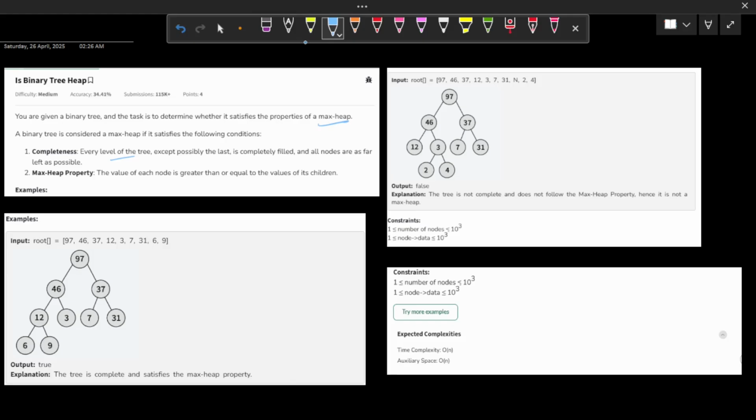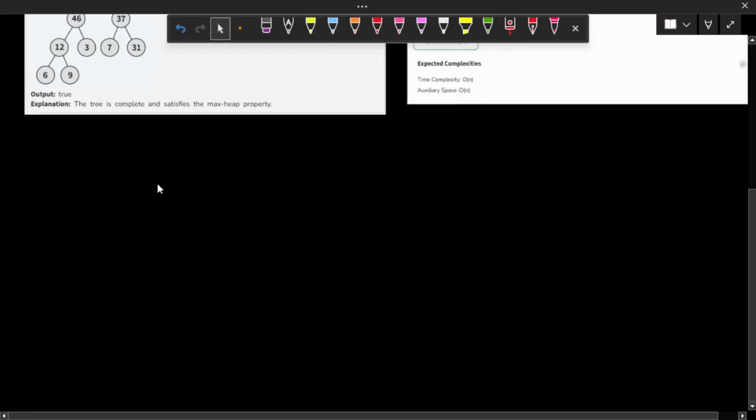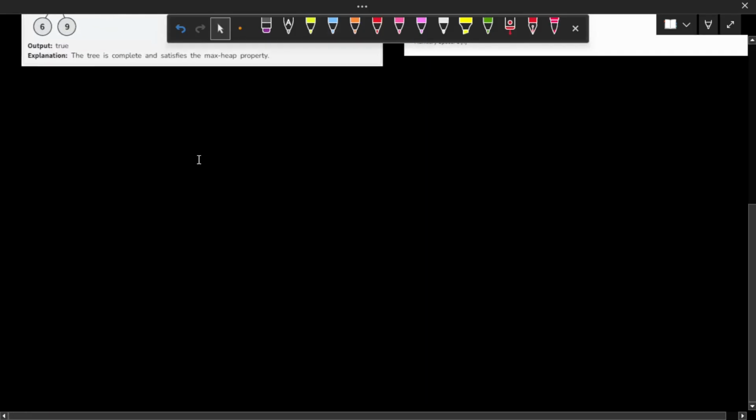Every level of the tree except possibly the last is completely filled and all the nodes are as far left as possible. Okay, it might look confusing. I'll explain in a very simple manner. And the second is the max heap property: the value of each node is greater than or equal to the value of its children. It's simple, but the explanation might be a little bit confusing, so I'll explain in a very